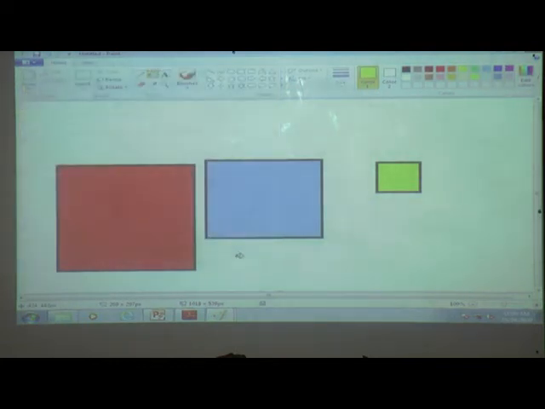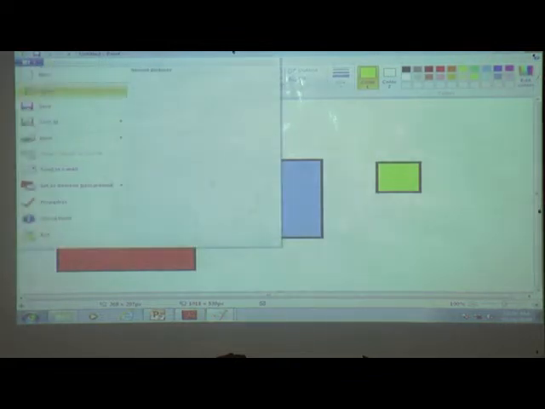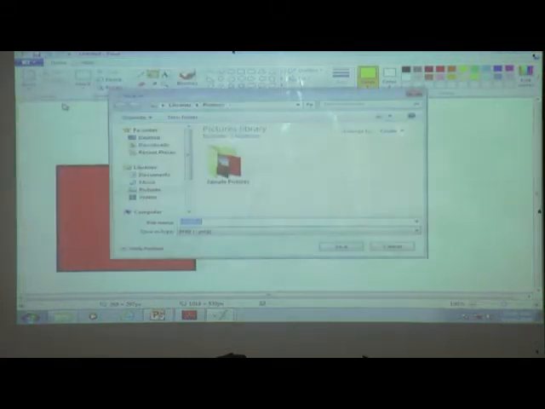Now what do you want? You want to save the file. How to save the file? See in your page number 28 how to save the file. Click on the Paint button, then save. By using the save button we can save, and by using the save as button we can also save the Paint file.